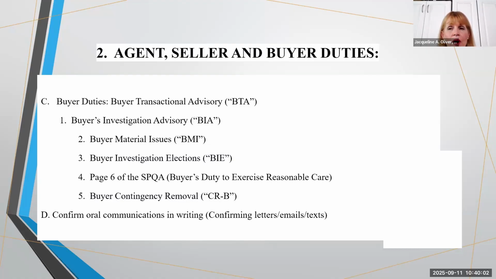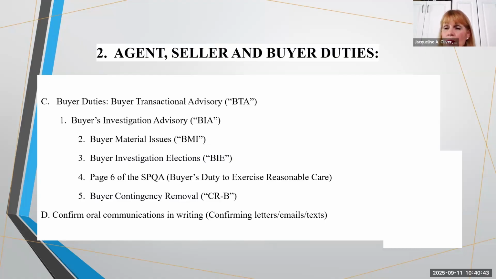Now, I know many of you have probably done those piecemeal removals of contingencies. It's not uncommon, but many times I've seen that all contingencies were removed all at once. And then when something goes wrong, that's something that I, as counsel, will ask them, well, why did you remove them all together? And then the agent's usually saying, well, no, we had already had all the investigations. And well, did you have an investigation that's specifically about the dispute? Because remember, the reason that they're complaining is they have a dispute over something.